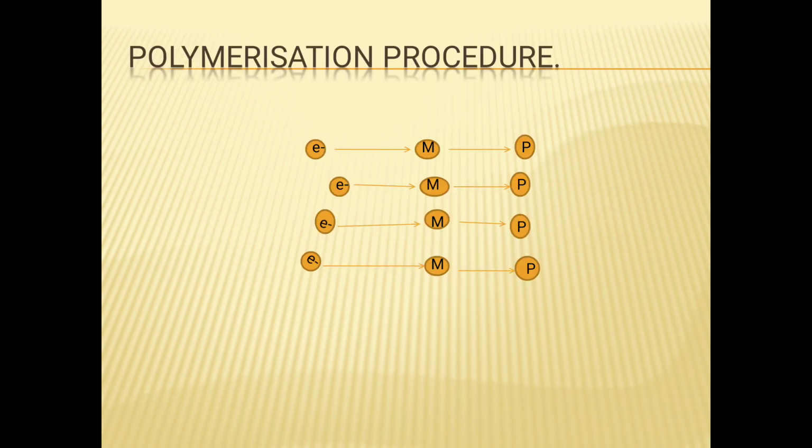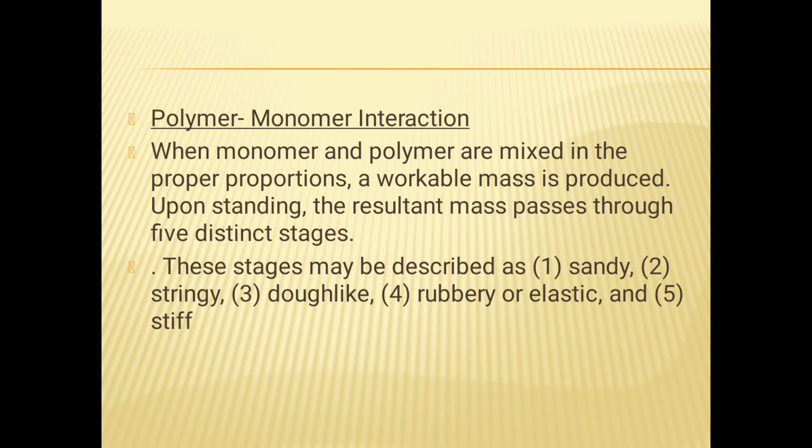This whole polymerization procedure, we have discussed in the chemistry of polymerization. See, heat is an activator. Then it activates benzoyl peroxide, which acts as an initiator. Then production of free radicals occurs. Then chemistry of polymerization takes place. See how the benzoyl peroxide is releasing. So how does polymer monomer interaction occur?